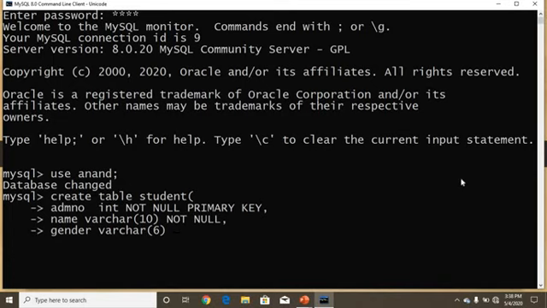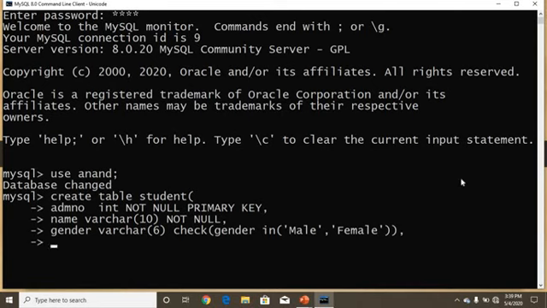Now I am going to set the check constraint: check gender in a list of values. One is male, another one is female. If I give any value other than male or female, it won't accept the value.